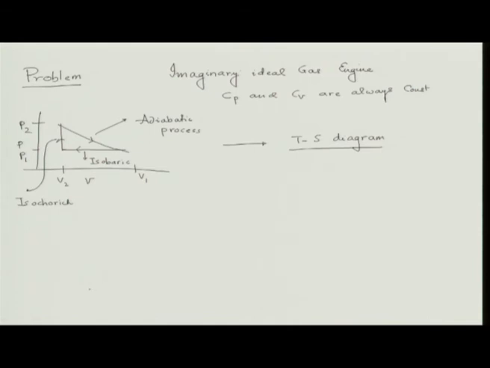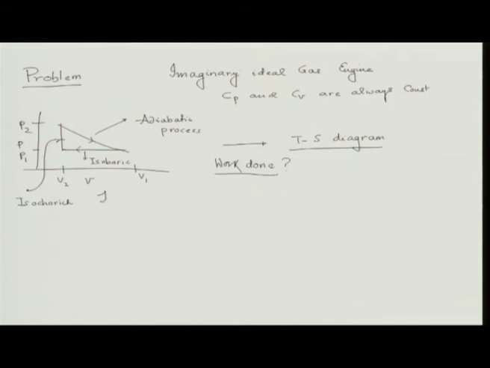Calculating efficiency is not difficult, you have to calculate the work done. First remember, in this process V is kept fixed, so work done is 0, okay. Whatever work done will be here and here, okay. But I will not calculate the work done, that I also leave for you to chalk out, because we know how to calculate the work done for both isobaric and adiabatic processes. I would rather calculate Q1 and Q2.